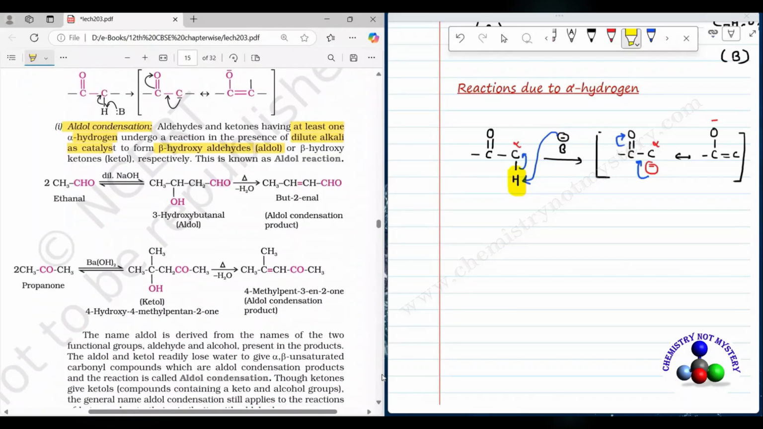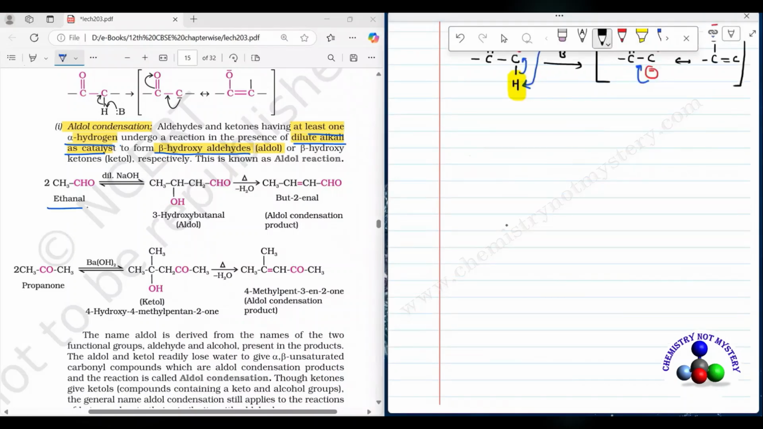So in Aldol reaction, first requirement is the presence of at least one alpha hydrogen, and in presence of dilute alkali, aldehyde or ketone undergo Aldol reaction, which results in the formation of beta hydroxyaldehyde. Now let's try to understand how this reaction takes place. Now let's draw the structure of ethanol. Ethanol has two carbons. So this is CH3, C double bond O, H. This is the aldehyde functional group, and the carbon to which aldehyde functional group is bonded is called alpha carbon,